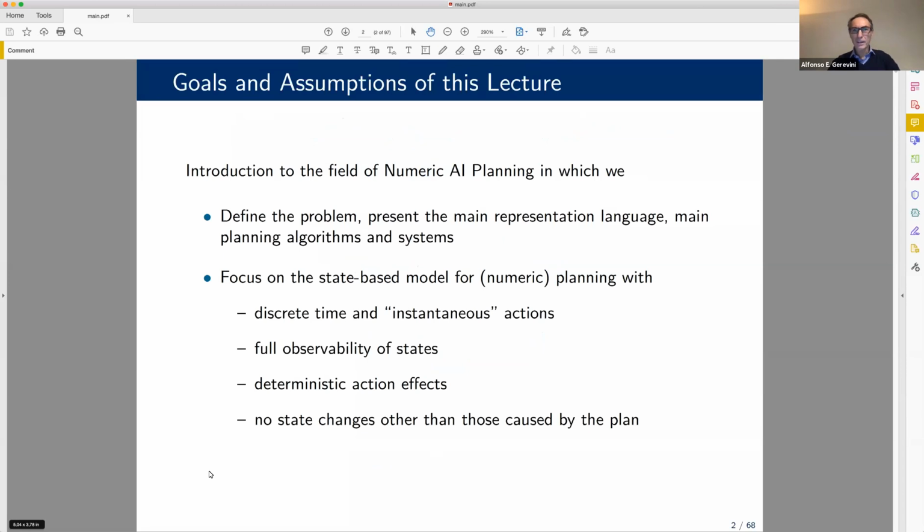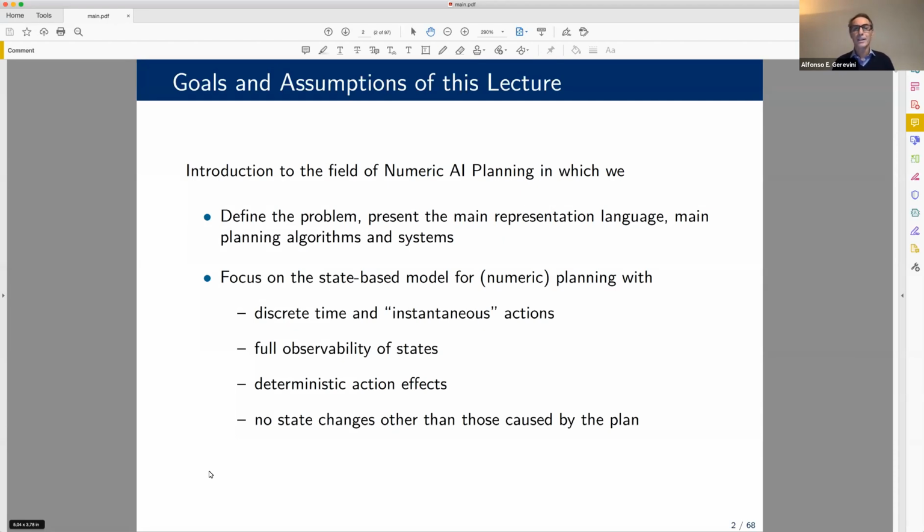So let's start this lecture by saying which are the goals of the lecture and the assumptions that we will make. So we will give an introduction to the field of numeric AI planning, in which we try to give a clear definition of the problem that we will treat. We will present the main representation language for this class of problems and the main planning algorithms and systems that